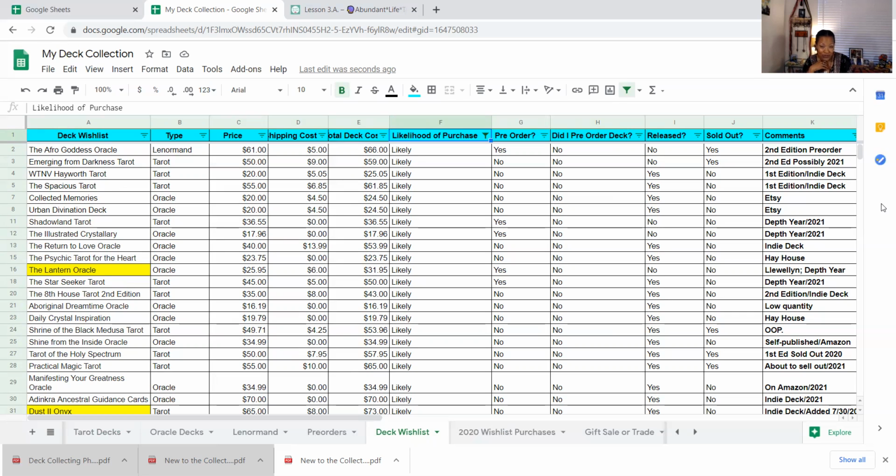Oh, and I mentioned this before too. That cooling off period is helpful in you employing some of those spreads that I've suggested, consulting your existing decks to see if a new one should be added. And then you could also maybe, if your collection's at 100 or 200 or more, and you're like, I really don't want to add any more decks until I've gotten rid of some, these spreadsheets help you to kind of work through that, right?